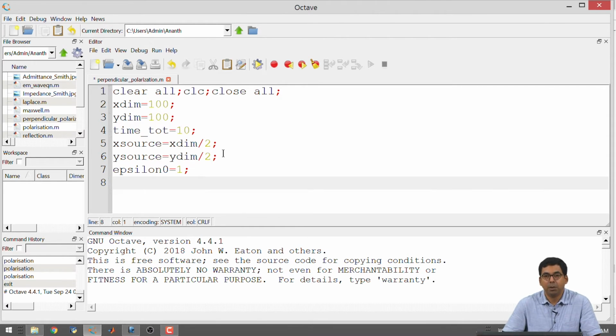So, whatever phenomenon you want to model, you can use the vacuum permittivity to be equal to 1, vacuum velocity to be equal to 1, and then for the other material you use the corresponding epsilon r mu r. You may want to say for example, model the change in velocity, change in wavelength, etc. right. So, most of the cases this is sufficient, but if you want to go further and get a real accurate value for the velocity, etc., you may have to use 8.854 times 10 to the negative 12, all right, and the permeability has to become 4 pi times 10 to the negative 7. Right. I do not like using very small numbers, so I will use only the value 1, right, for vacuum.